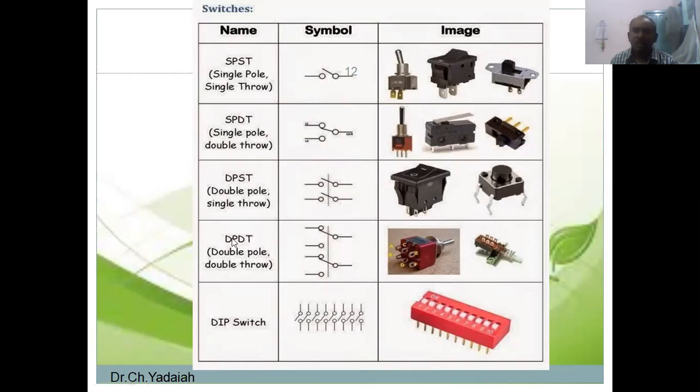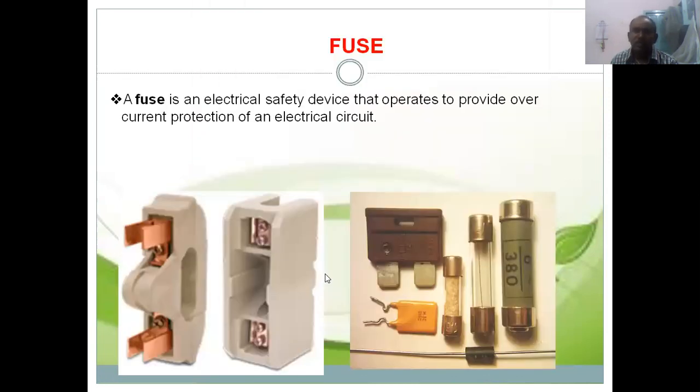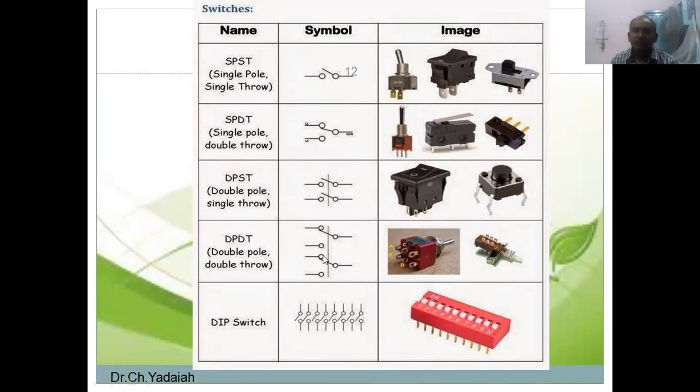Whereas in the double pole double throw switch, what will happen? Here it is the same switch connected. Under normal conditions, this and this are connected to this terminal and this terminal. If you want to operate, then automatically it will come in this direction and connect to here. So this is another special purpose switch, the double pole, double throw switch. This one is one throw, this is another throw.